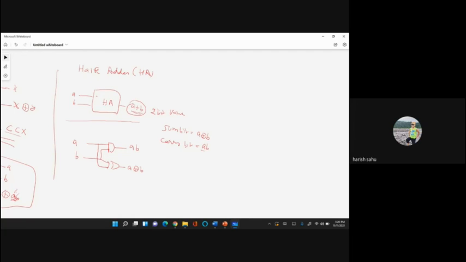And using the full adder, we can implement any arithmetic circuit, operations like addition, subtraction, multiplication, division. So this half adder is a very important fundamental component for large arithmetic operations.